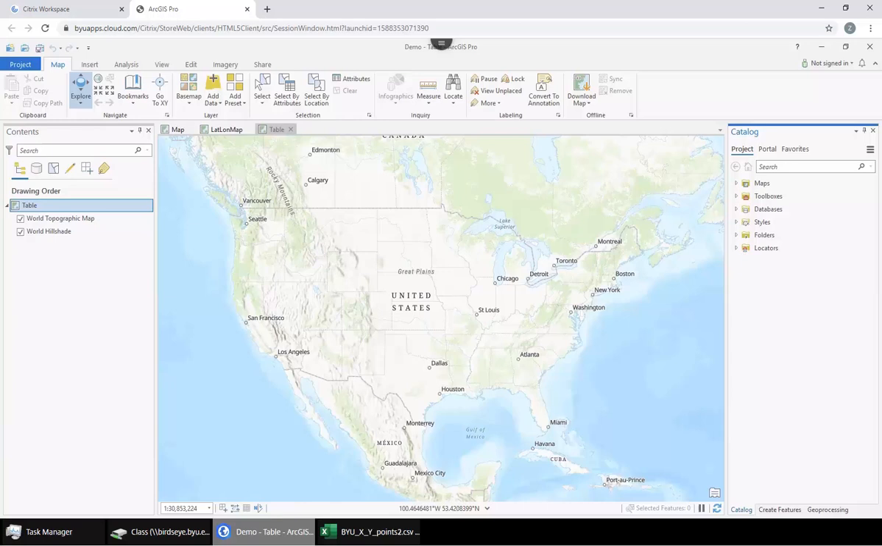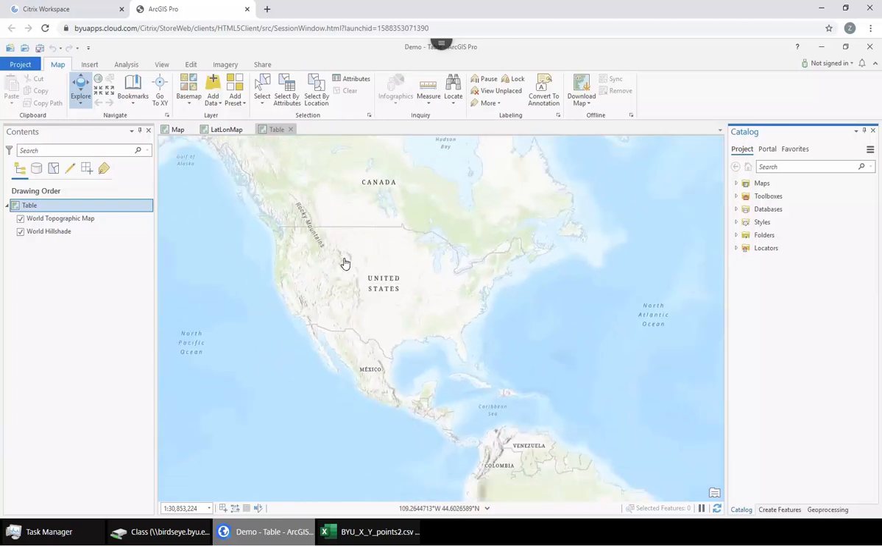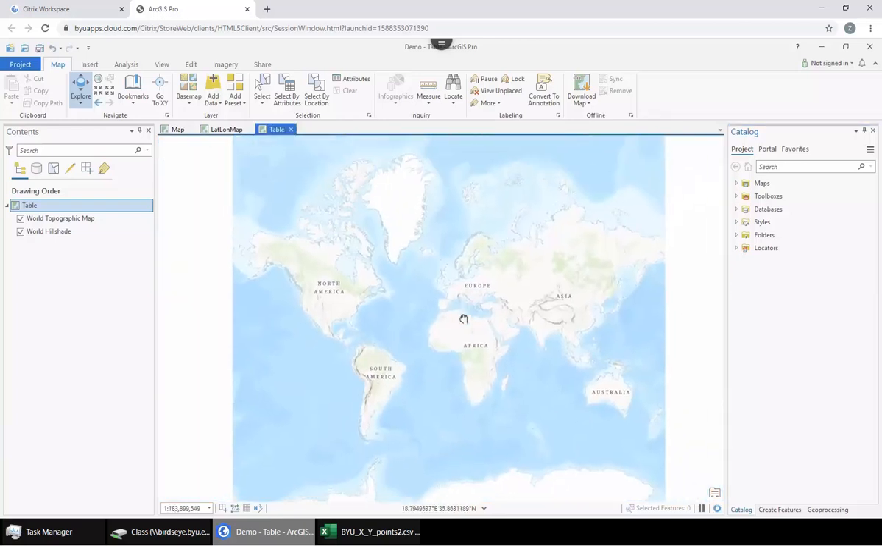Hello 212 students. Today I'm going to show you how you can take an existing shapefile and add table data to the shapefile. Alright, so first things first, we're going to bring in a layer that has all of the